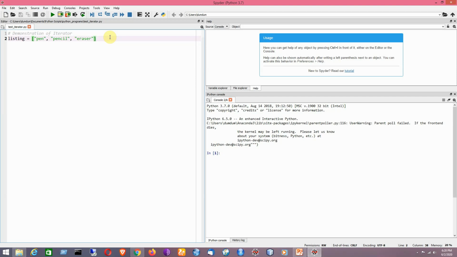Okay. Now I am going to create an iterator from the iterable list by using the iter function.